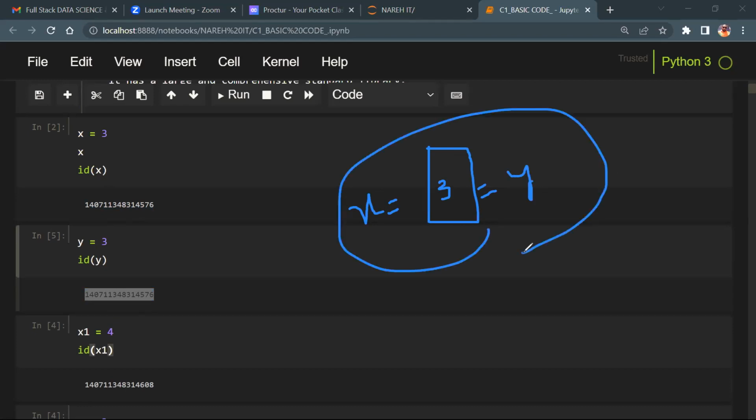So Python is about memory consumption. What is meant by memory consumption? Because if I declared x equal to 3, y equal to 3, some bytes are occupied or not? Guys, do you understand? Some bytes are occupied. So that's why we can say x equal to 3 and y equal to 3.